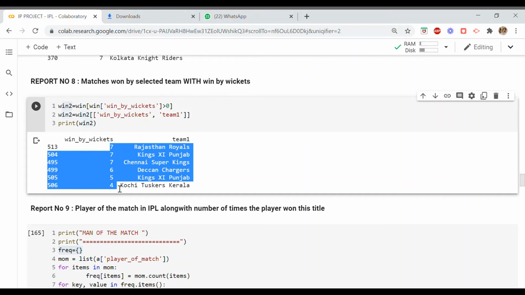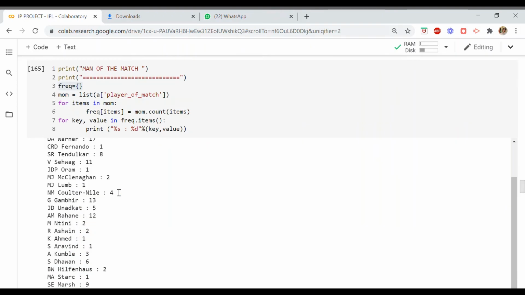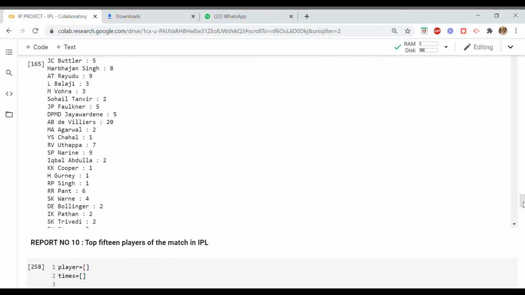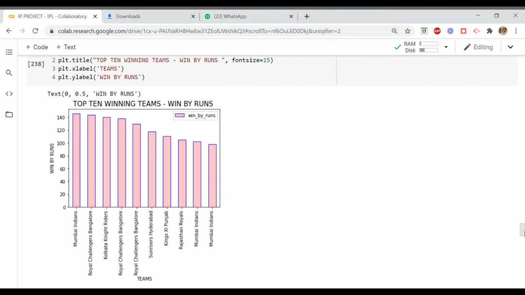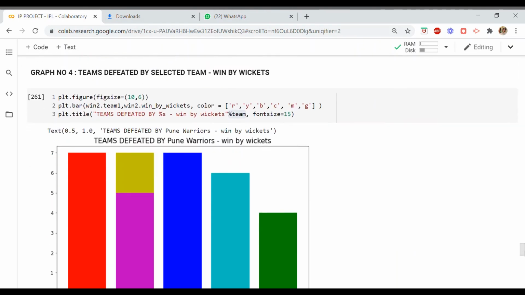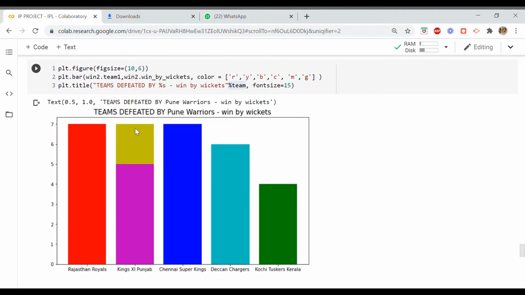The smaller bar will be hidden at the back of the bigger value, or bigger bar, or the taller bar. So you have to keep in mind how you are arranging your data in order to visualize your graph. You can see here 7 value and 5 value, both for Kings 11 Punjab. But my larger value is at the back and my smaller value bar is in the front. Both of them are standing at the front together because my data is sorted in descending order.